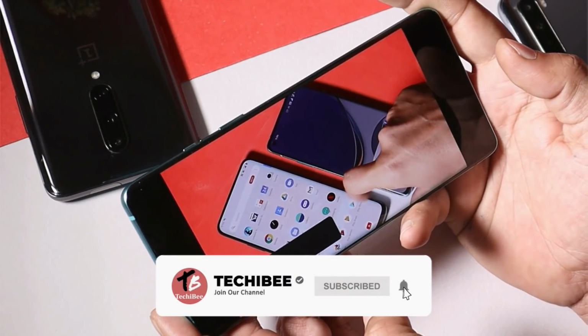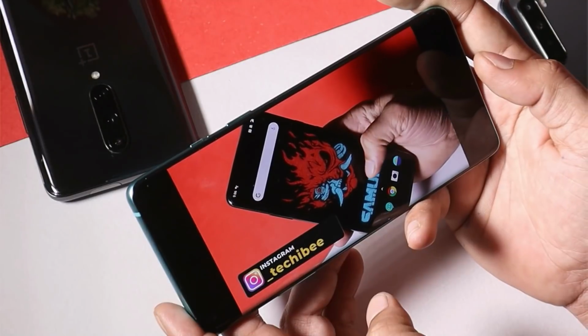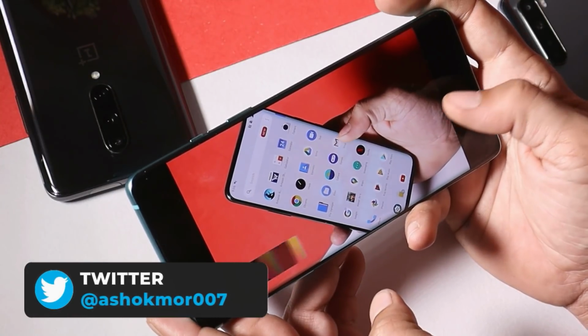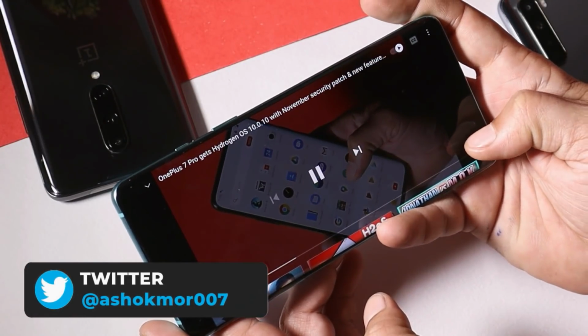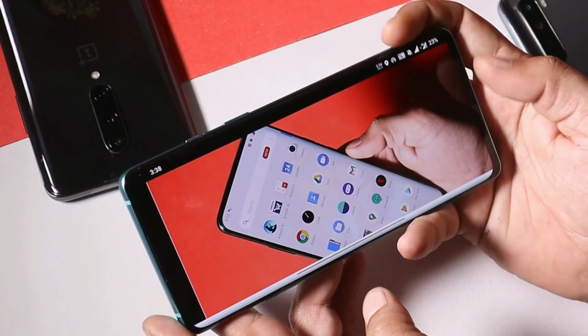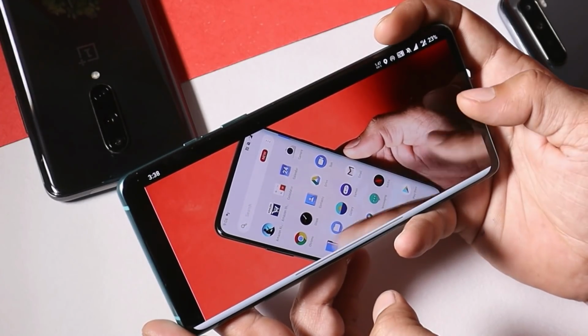Another bug people have been facing is related to YouTube, in which if you are watching a video in landscape mode, by tapping this icon, people are not able to turn the screen into portrait mode, as you can see here. But there's a simple fix for this.